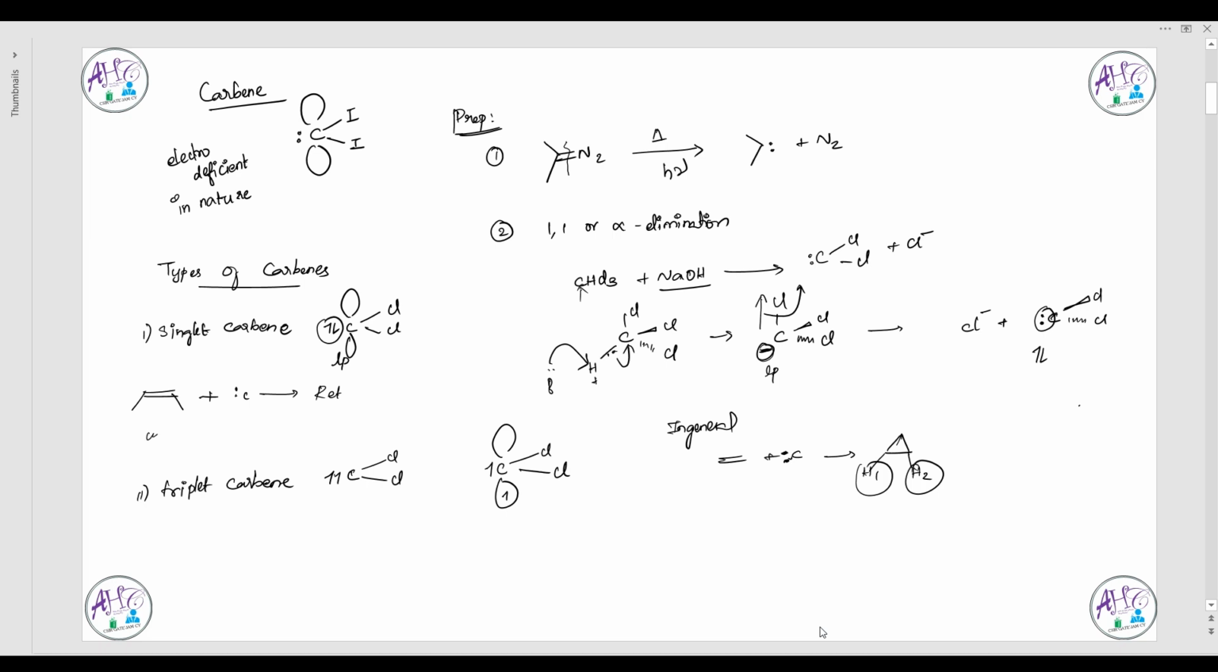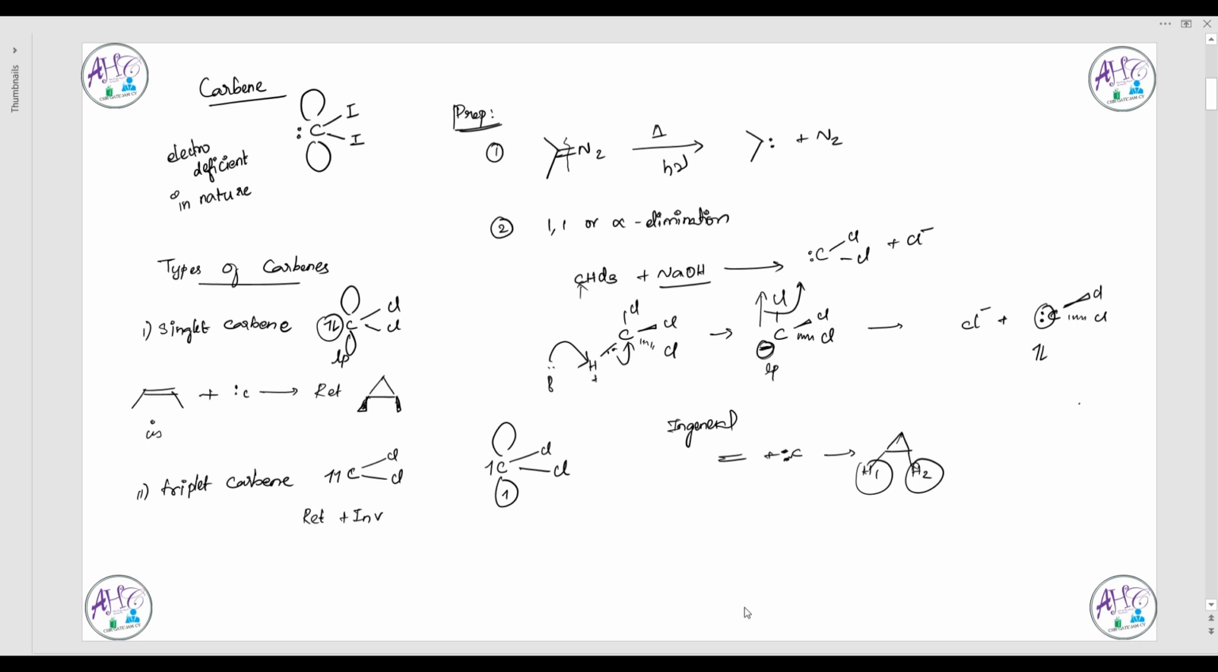So இங்க cisல இருக்குன்னா, you'll also get your product in cis. So productல you'll also get your methyl group in cis position. Okay, but in case of your triplet carbene, you'll get both retention plus inversion of configuration, ரெண்டுமே possible. ஏன் triplet carbeneல ரெண்டு different product possible அப்படின்னு பார்த்தீங்கன்னா,